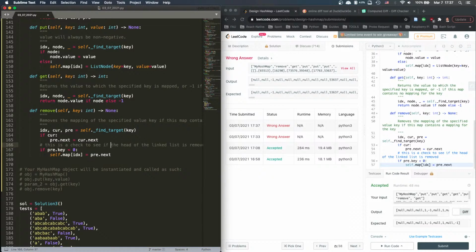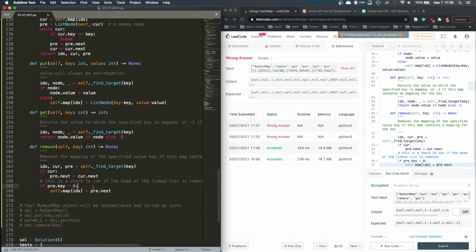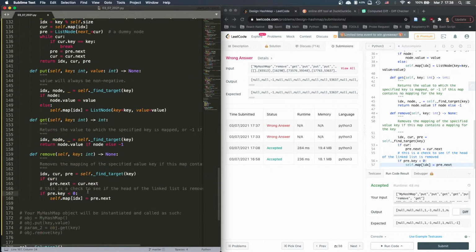Because when pre.key is smaller than 0, and all the keys are larger than 0, that means pre doesn't move. Pre does not move when the current is matching at the front, so that our head is,